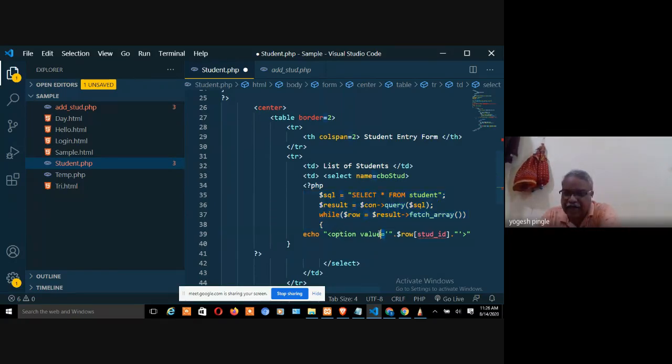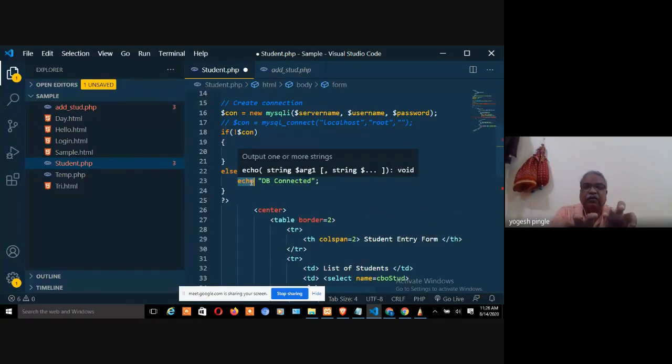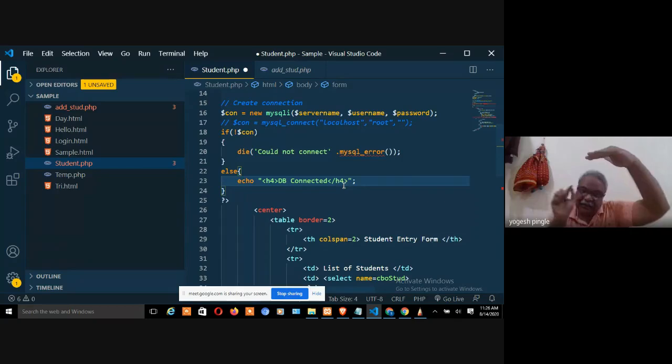So my option tag, you can see I have put it in echo. Echo, I understood. What is echo? Echo is nothing but a statement or a command. Whatever you write inside it is going to appear on the web page. So even if I want to include it, if I want to put it in an H3 tag and H4, I may put it like this, H4. So this is how I can write HTML within PHP. PHP is there, I can write HTML inside it.